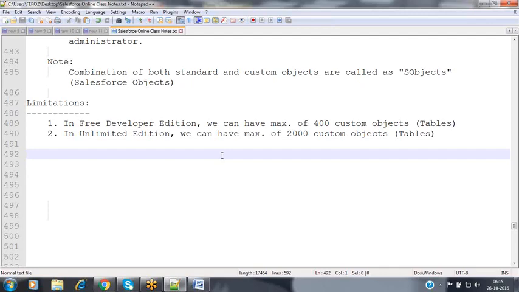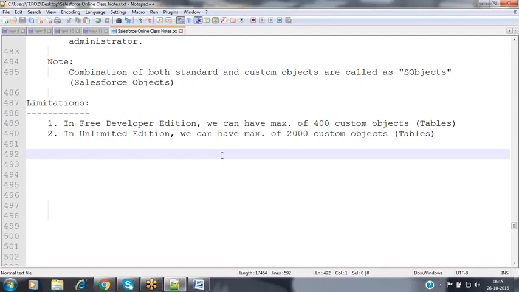Then how can we create the records inside it? For that, we need a graphical user interface. As a programmer, as a developer, we know how to insert records programmatically, but this application is not for ourselves. This application is going to be used by our end users, our partners, our customers, everybody. Those people are not aware of Apex programming. Those people are not the technical guys.